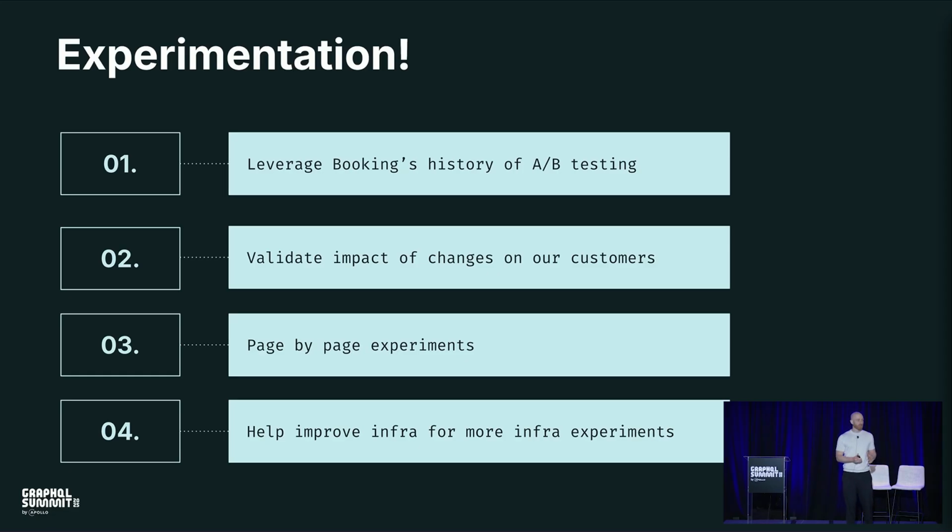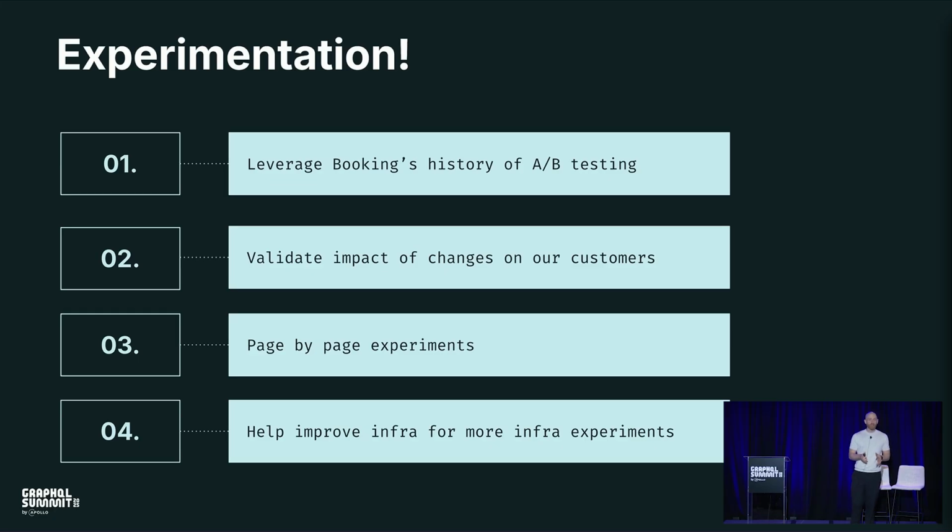It also allows us to do page-by-page traffic shifting. So we can see how it impacts our homepage versus our search page versus maybe the reservation page and all these different things. We want to see where this impact comes from the router. And then